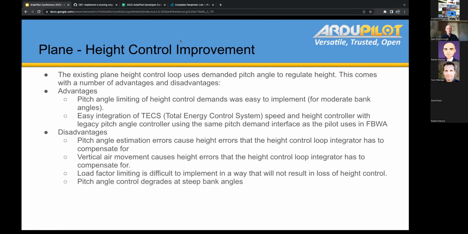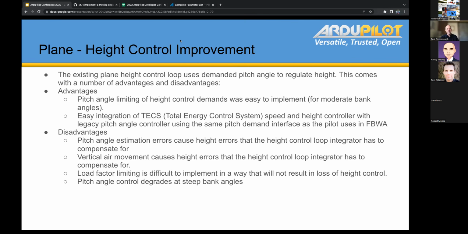Okay, plane height control loops. The way we currently control height in plane is we have a separate algorithm called TECS, which is the Total Energy Control System. And that outputs a demanded pitch angle and a demanded throttle, and it simultaneously regulates airspeed and height. Now, the advantage with doing it that way originally was because it made it very easy to integrate with the existing controllers, because when we added TECS to ArduPilot back in, I don't know, 2013, it's going back a bit now,